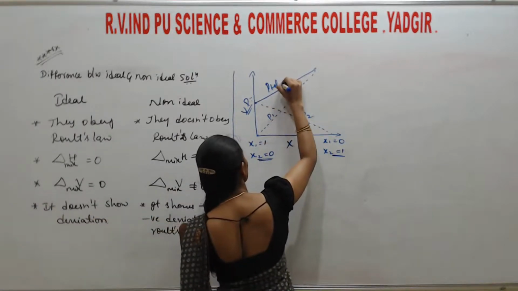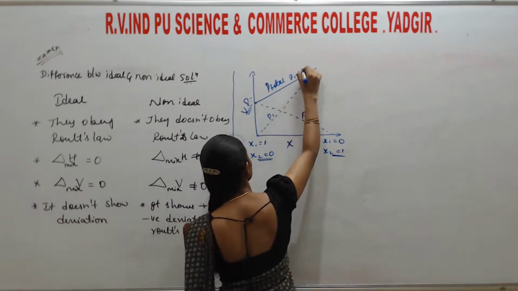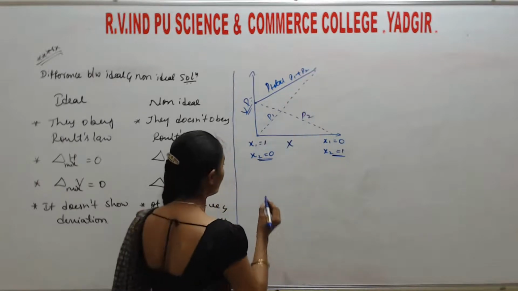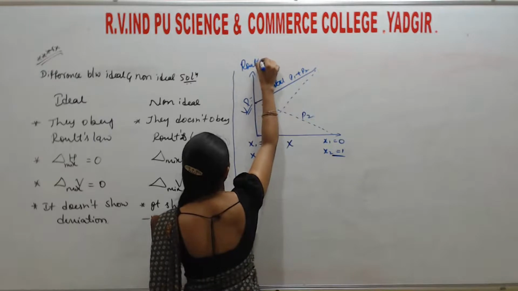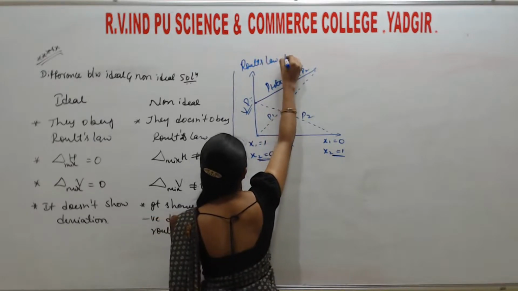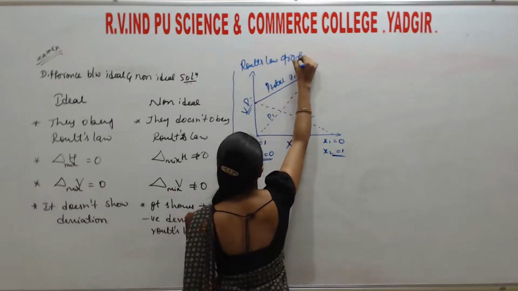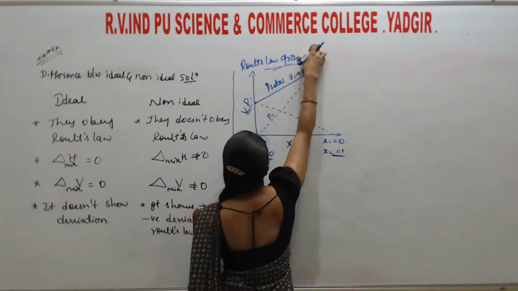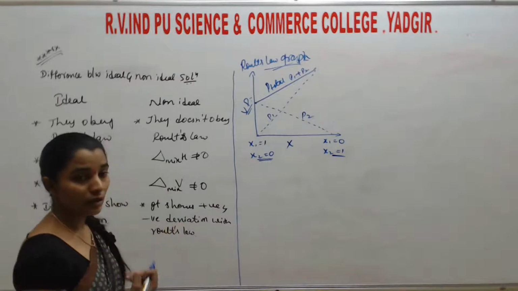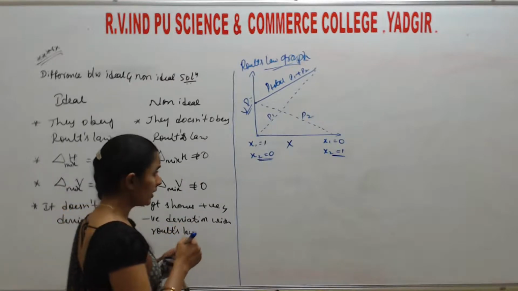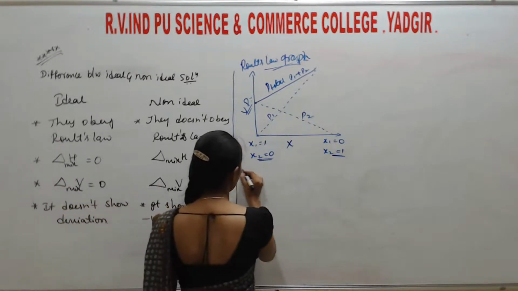This is P total, that is P1 plus P2. This is the Raoult's law graph. We are making the graph of an ideal solution, because an ideal solution obeys Raoult's law. Okay, so the second one is